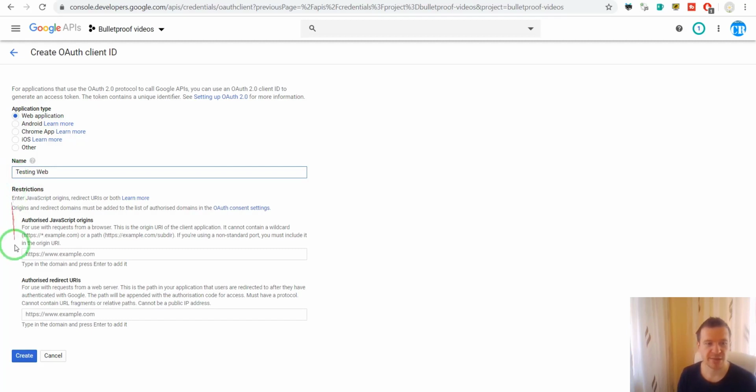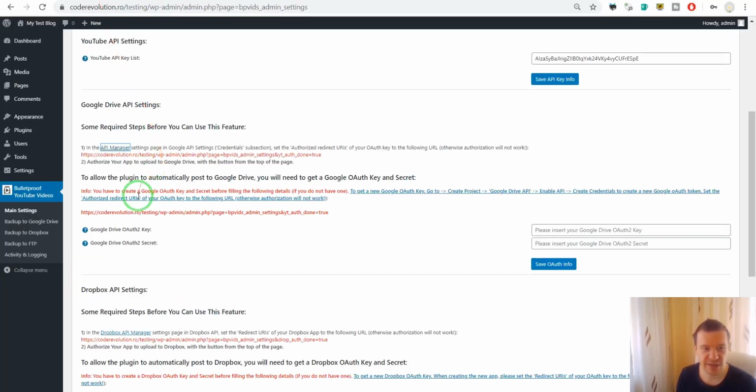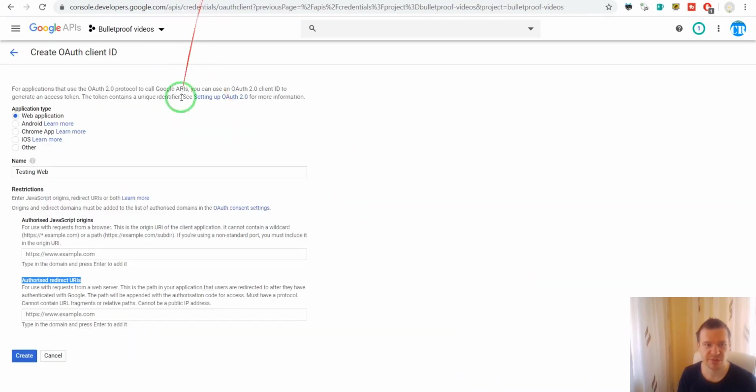And here a very important step to make is that authorized redirect URIs should be selected by what the plugin suggests. The plugin will suggest an authorized redirect URI, and this must be exactly the same as the plugin displays it here. So paste it here,